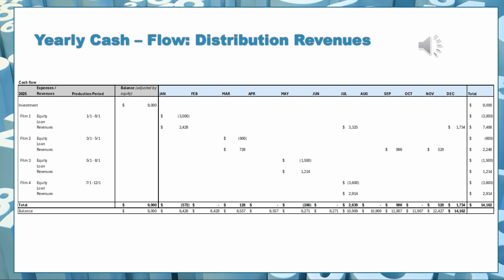We are running a balance of $8,428,000 still for the year, and then in February nothing is generated, so we're still running a balance of $8,428,000 from the investment that we still have. And then in March we are cash flow positive with $128,000, so we're adding that to our balance, so we get $8,575,000 here. Again, that number has to do with the fact that we started with the investment of $9 million,